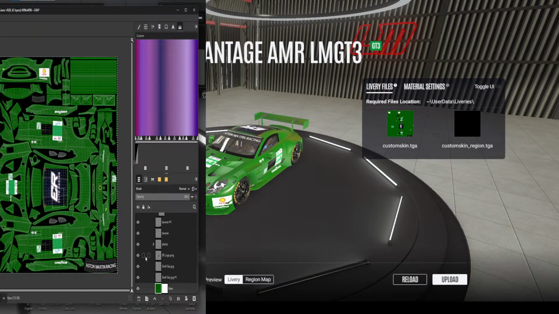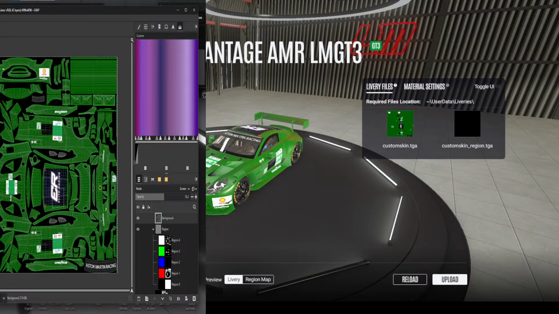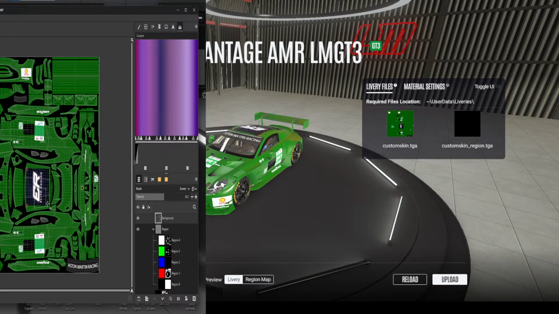And then what I'm going to do is I want to add the spoiler. And if you make a mistake, you can always come up here, undo, move layer. And what I really want to do is make this to where I can see the